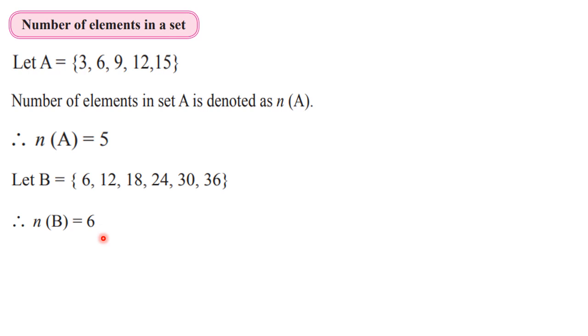Now here we are going to see one very important formula which is based on this concept of the number of elements in a set, and the number of elements in the union of two sets and the intersection of two sets. Okay, so we will see the relationship between the number of elements in two sets, then the number of elements in its union and the number of elements in its intersection. Okay, so let us go towards that formula.